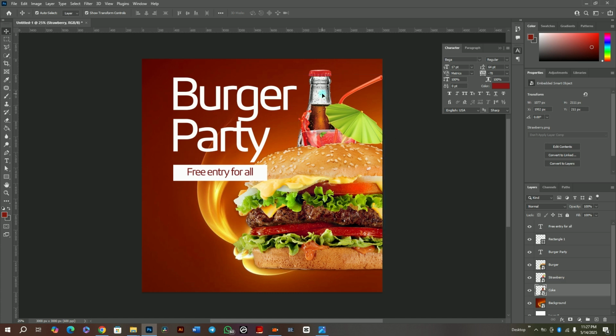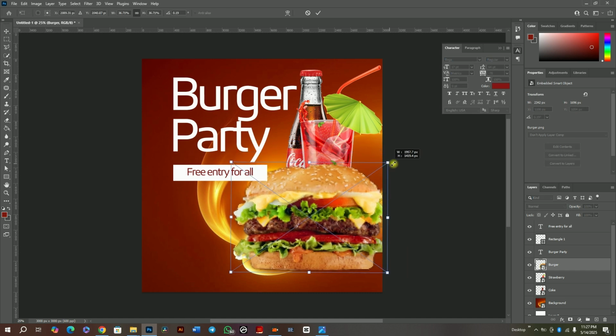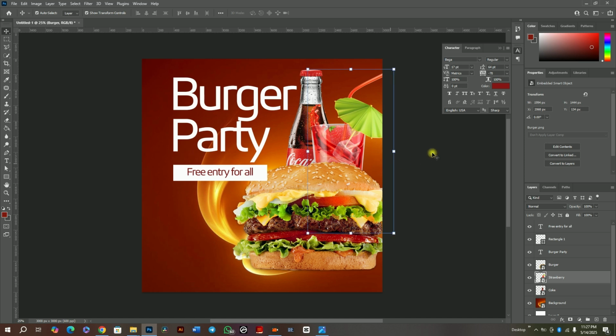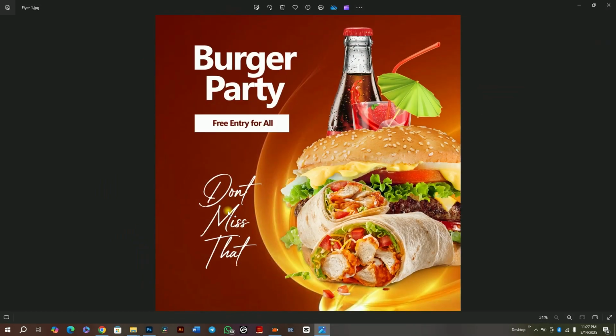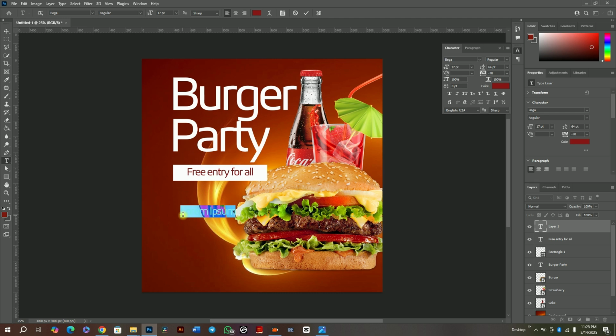I can click on this Coke once my move tool is selected and move it to where it should be. All right. Click on this burger, resize it. It all depends on what you want to have done. Then I can hit the type tool. It says don't miss that. Good. So I hit the type tool and I type don't